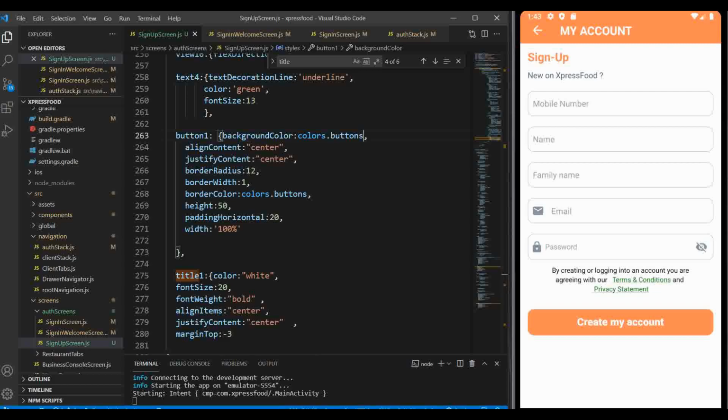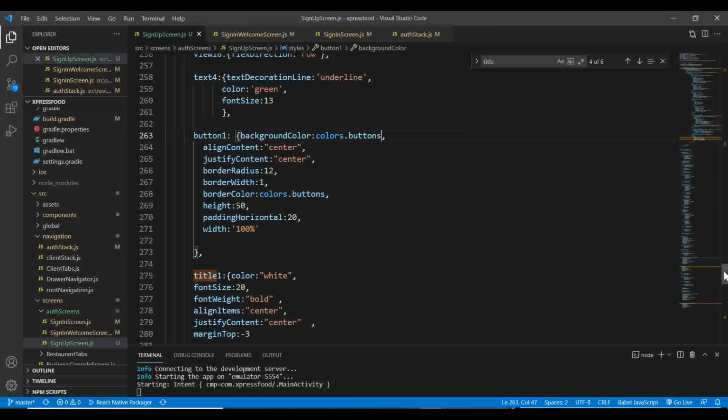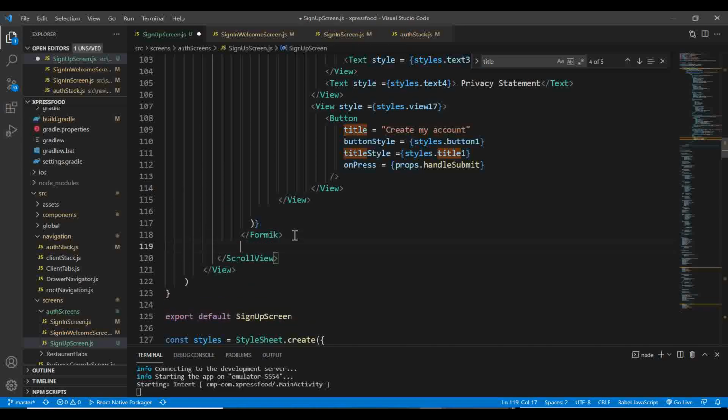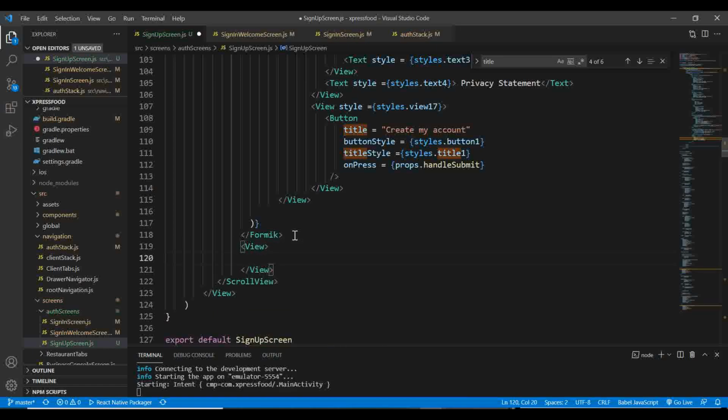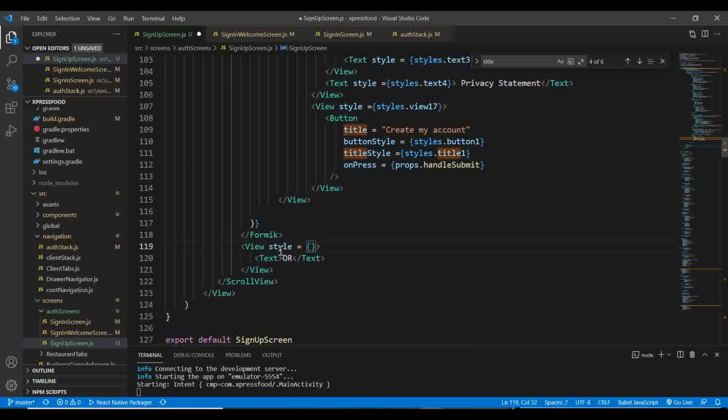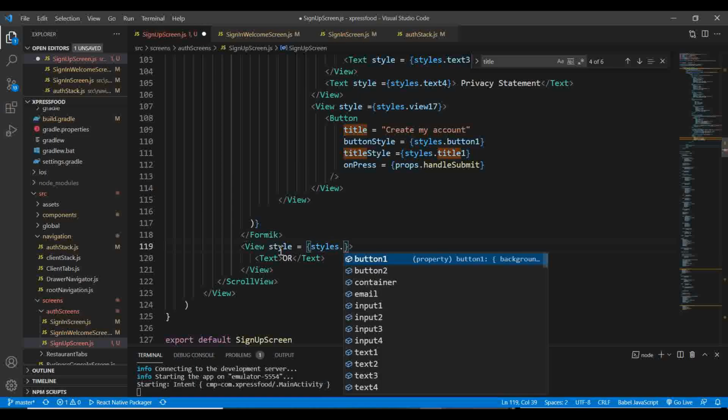Now we also need to create the rest of the element. So let me make this big. Outside this Formik, create another view, and inside this view create a text component and put the text, and in this view we must pass some styles, and this style will be equal to styles.view18, view 18 I mean,